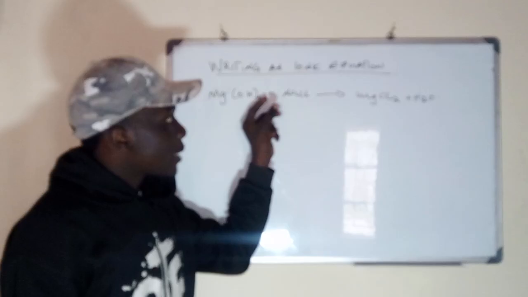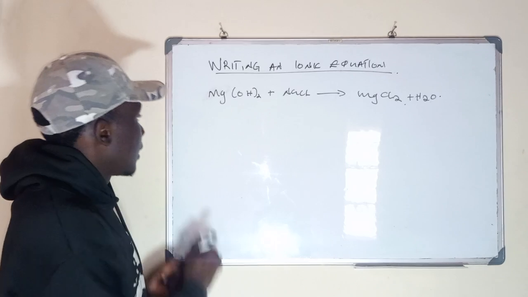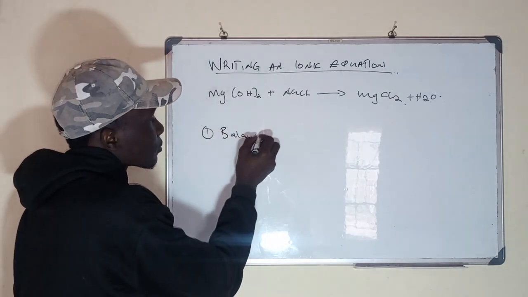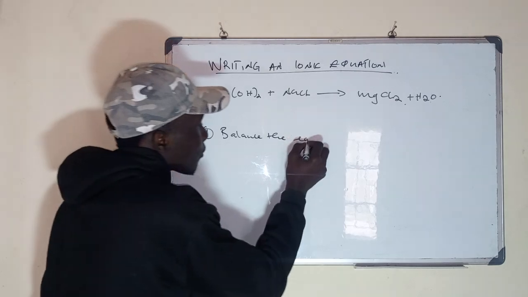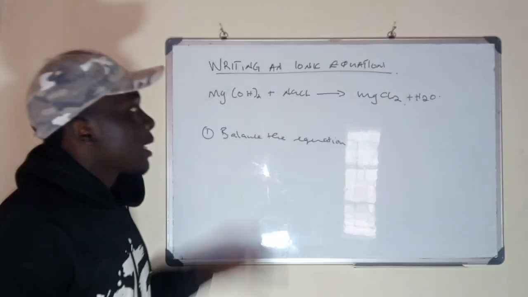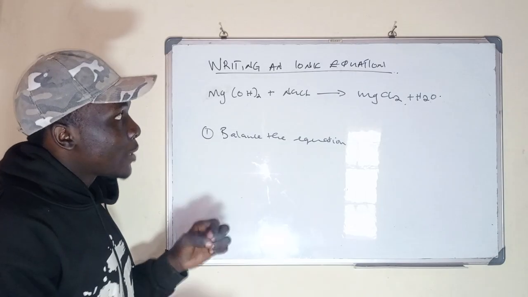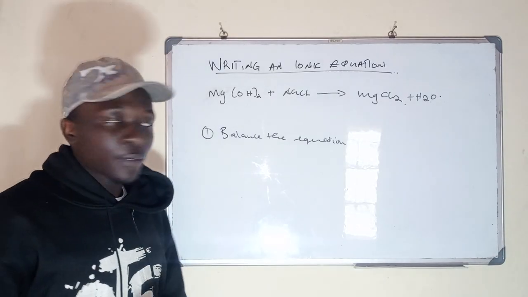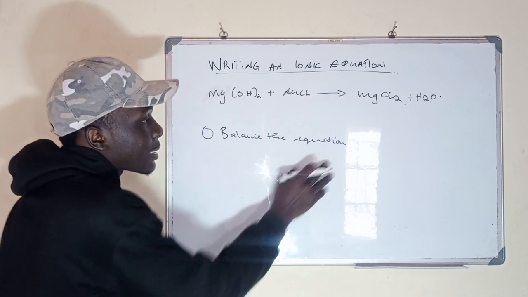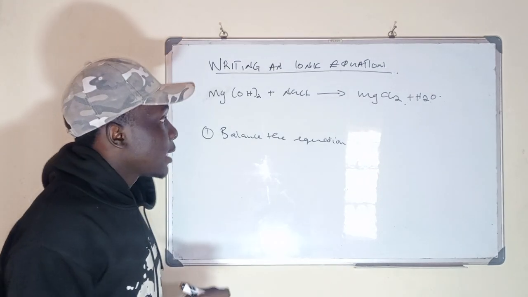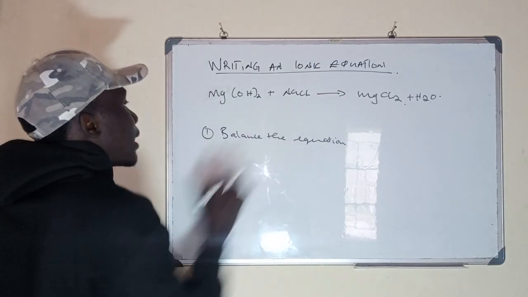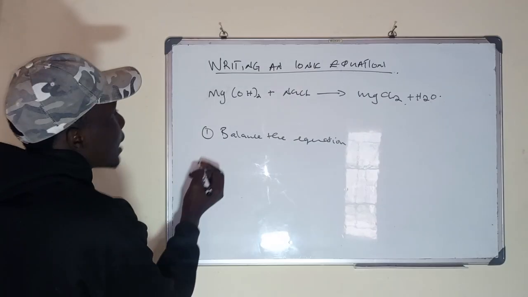The first step in writing an ionic equation is to balance the equation. And so if your equation is not balanced, that means that whatever you'll be doing down there will also be wrong. So I posted a video on how to balance chemical equations down in the link. You can watch it to know how to balance. So this in its balanced state will be written as,